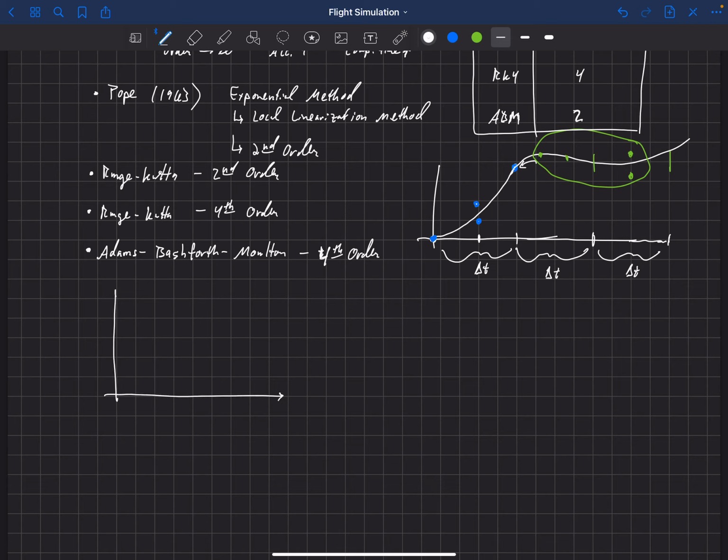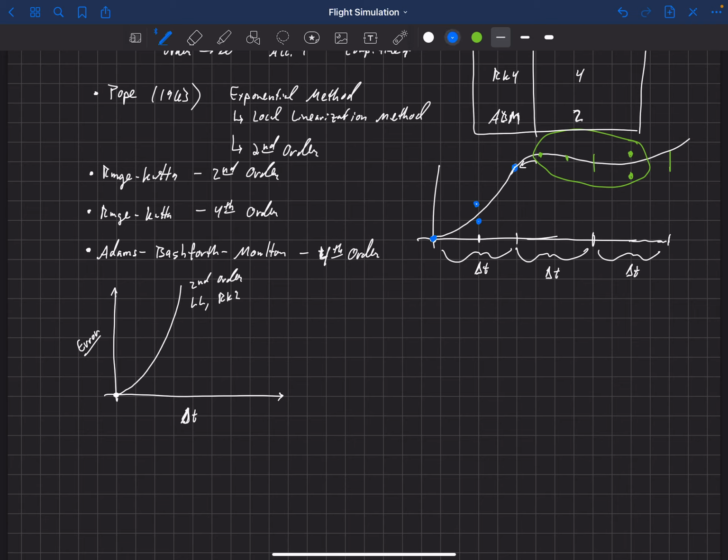And so let's just look at the error that we would expect out of each of these methods as a function of time step. Okay, and you can code up each of these methods and test this out. And basically what you're going to get is, of course, as the time step goes to 0 for any of these methods, we would expect them to be exact, right? So the error is going to start off at 0, and as the time step grows, the second order methods, so this would be like the local linearization or RK2 methods, will look something like this, okay?